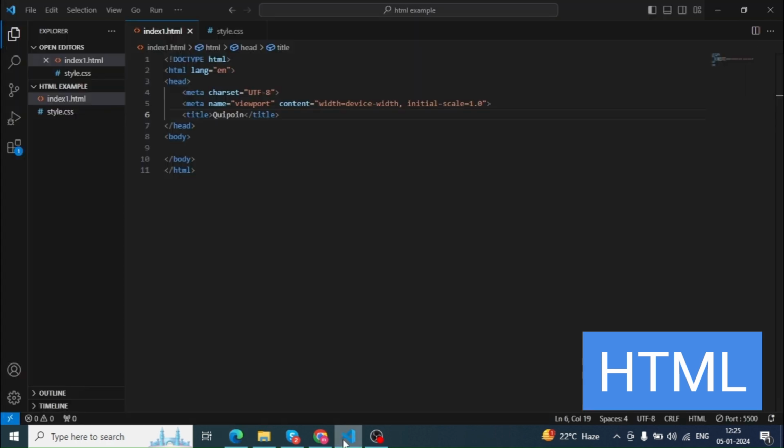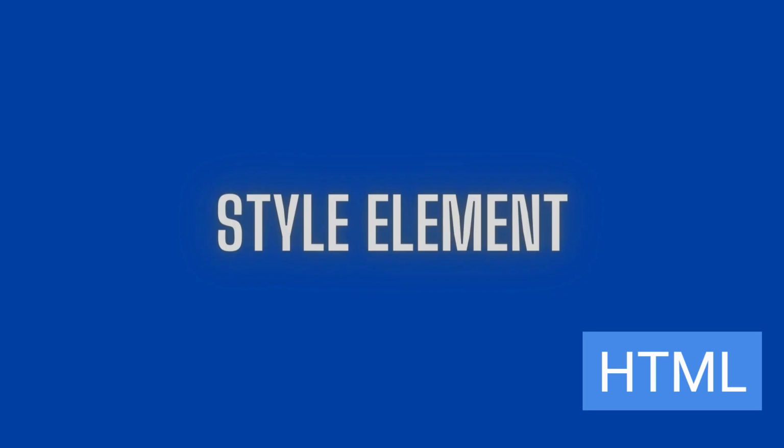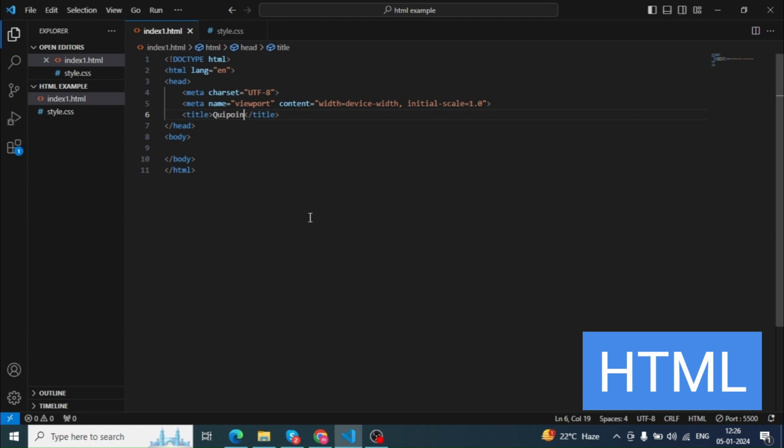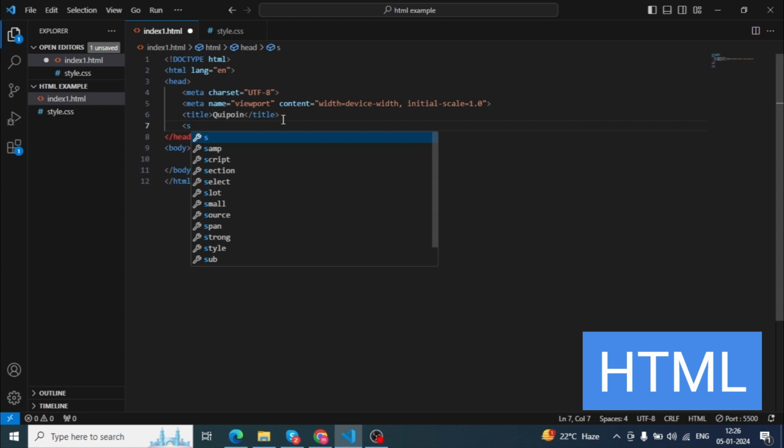Next is the style tag. The style element is used to style the HTML page. The style element can have CSS properties for that HTML page only. If you want to apply CSS for multiple pages, then we should use a separate CSS file. For that I am using a style tag.